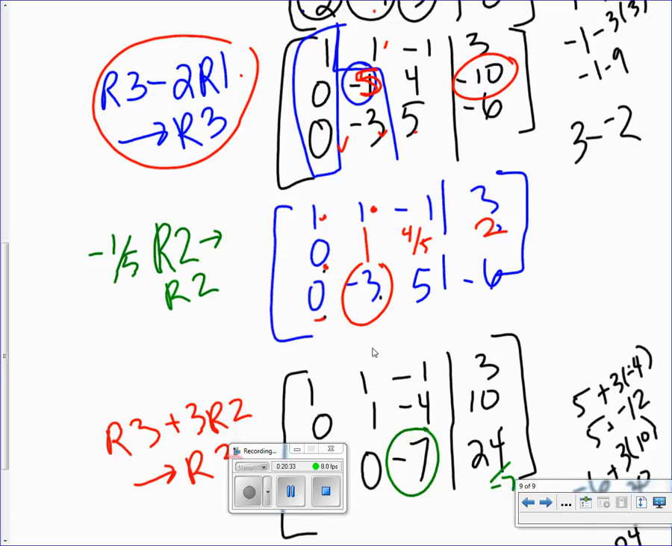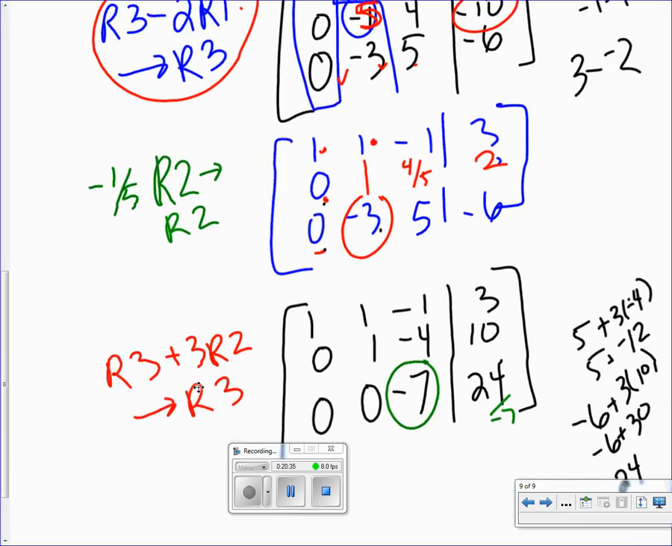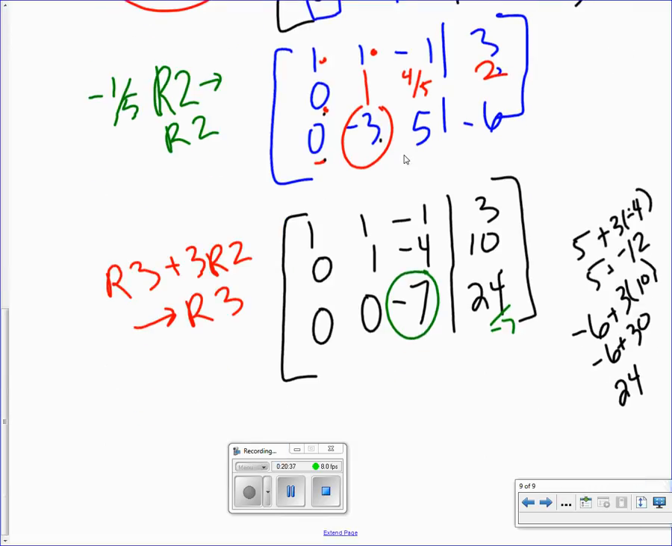Okay, so let's keep going. I still want to get that -3 to be a 0. So I'm still going to add 3 row 2s, but now my row 2 has changed. So I'm going to do 0 plus 3 zeros is 0. -3 plus 3 ones is 0. 5 plus 3 times 4/5